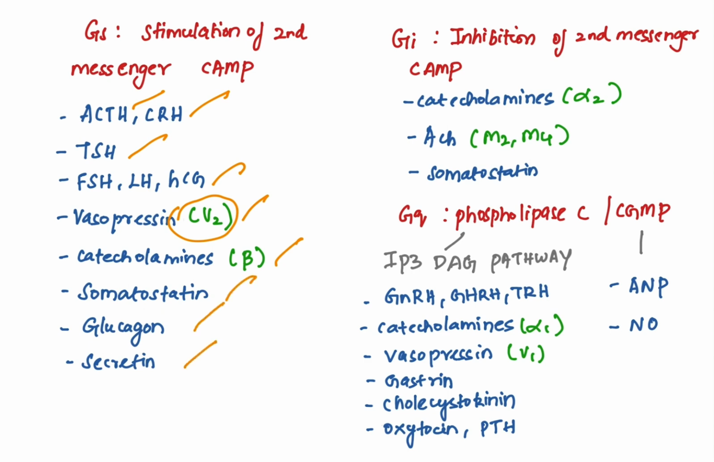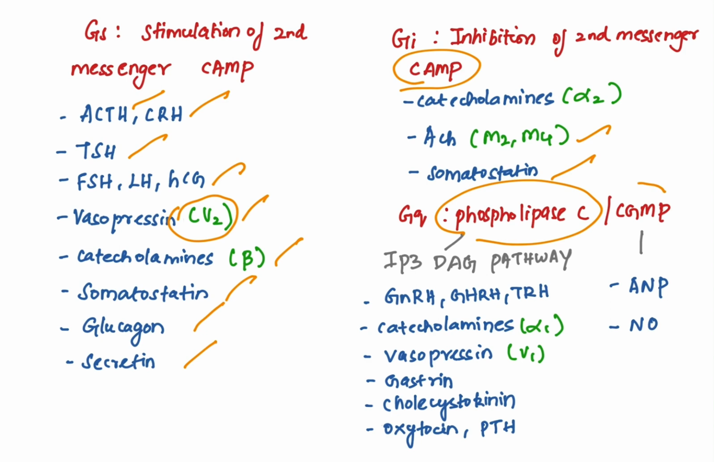And for G inhibitory also, the second messenger is cAMP. Here come catecholamines, that is alpha 2 receptors, acetylcholine M2 and M4 specifically, and somatostatin also. For GQ, phospholipase C generates the IP3-DAG pathway, that is the inositol triphosphate diacylglycerol second messenger pathway, and also